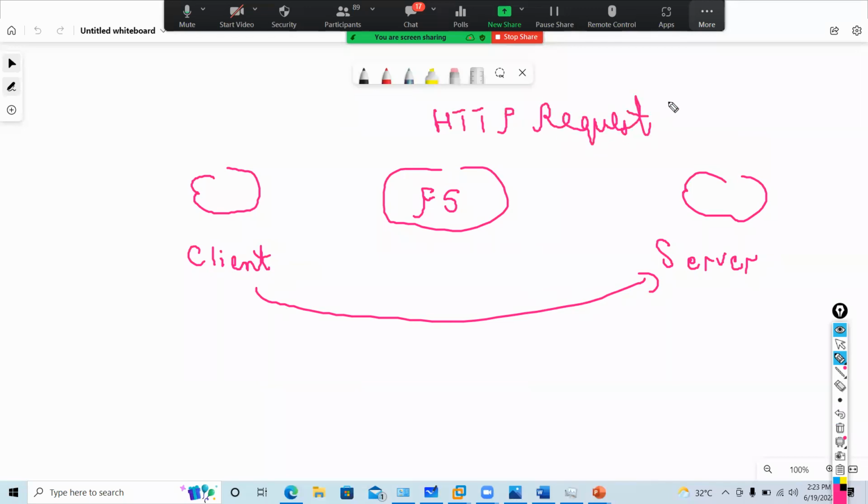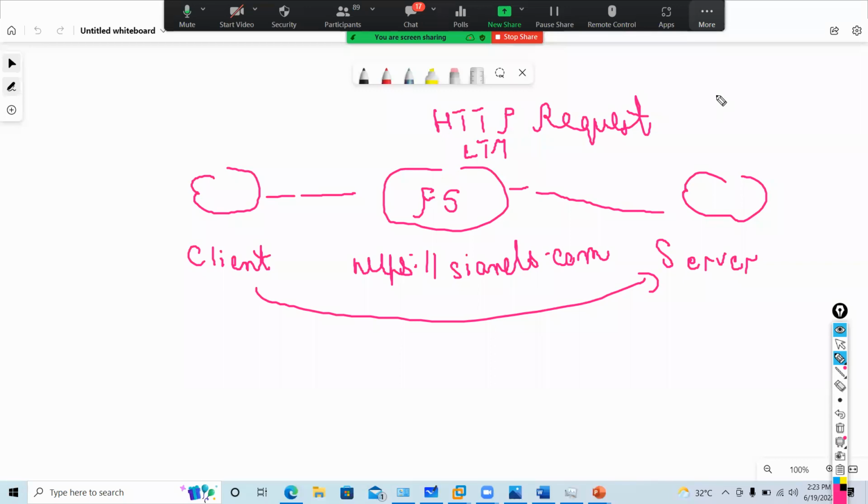When you access any website, the first thing you send is HTTPS, let's say SIANETS.com. Now client traffic will come to F5. If you don't have an ASM, and you only have LTM, then your request will go to one server. Normal load balancing will happen.